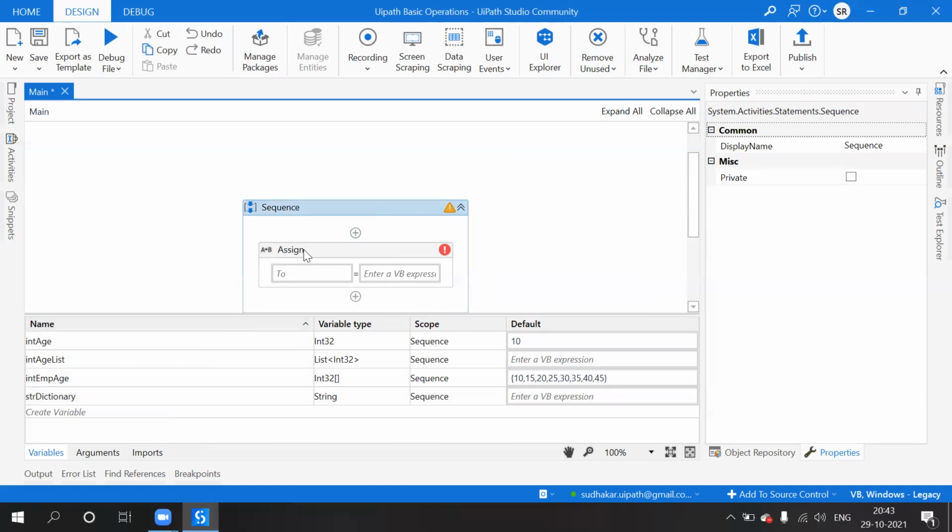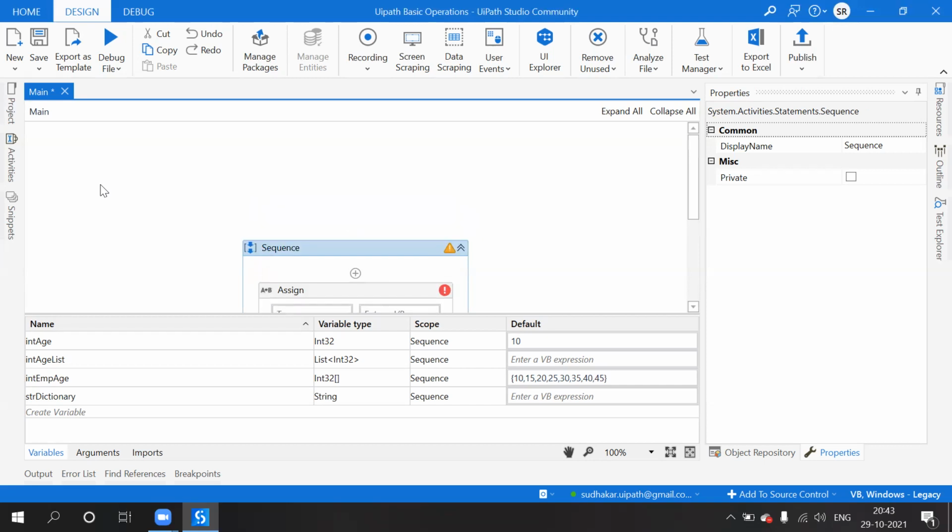It can hold different values of different types, and we can use these variables within one workflow only. We cannot use them in a different workflow. The scope of the variable is within the workflow only.